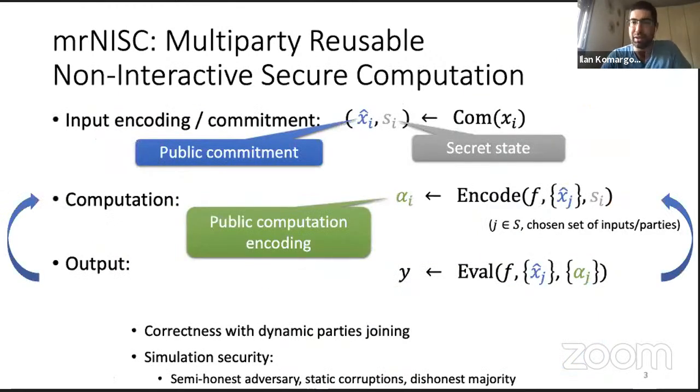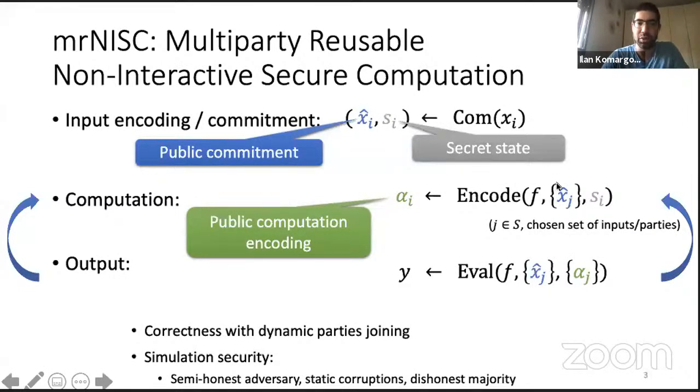Slightly more formally, an MRNISK is a secure computation protocol with 3 phases, 2 of which consist of interaction, and the last is just an output phase. In the first phase, whenever a party joins the system and wants to participate in the secure computation, it commits to its private input and remembers for itself some private state. X hat is the encoding or the commitment to the input, and S is the secret state that it keeps for itself. Then any subset of parties might want to compute a function f